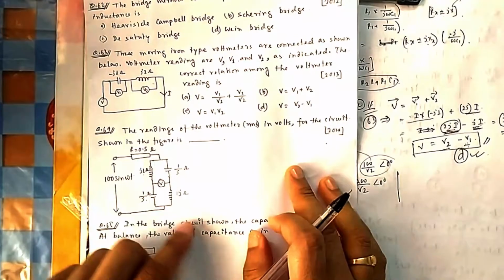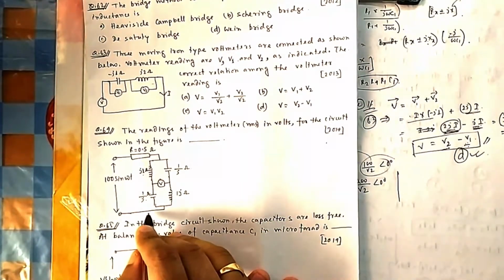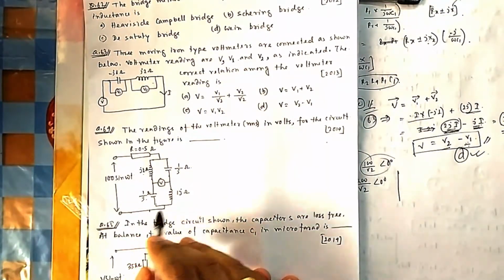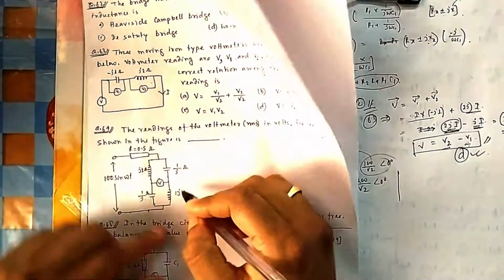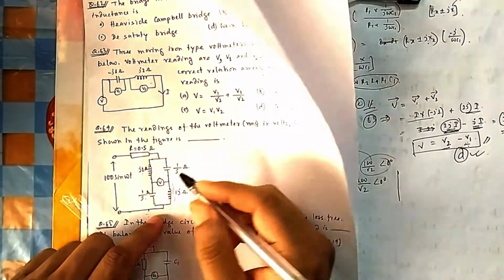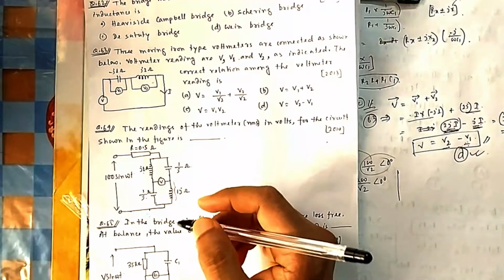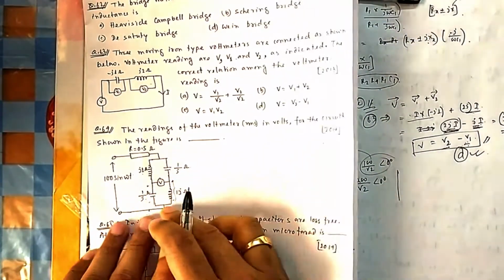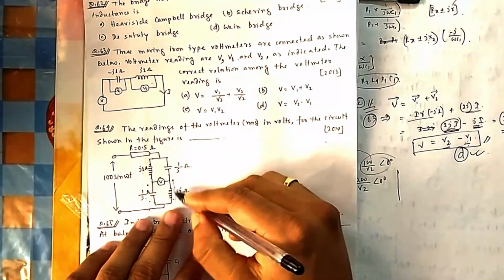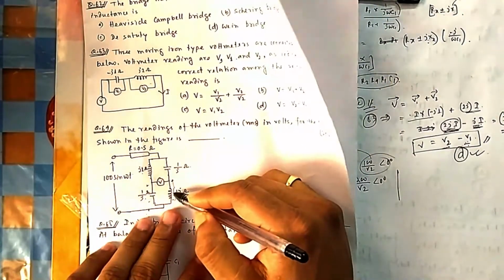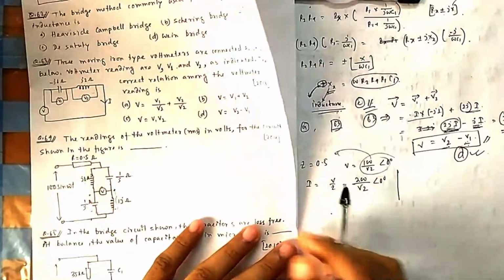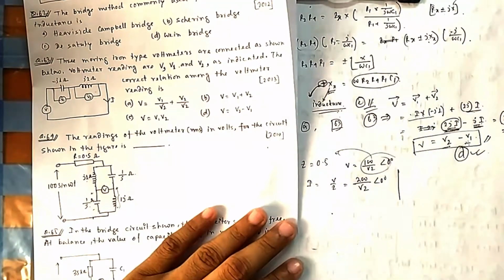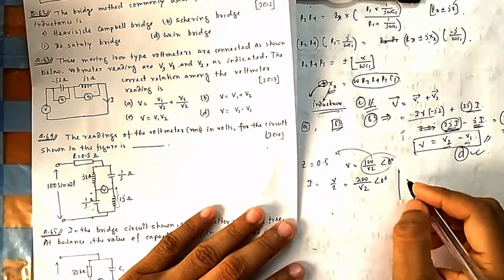So what will be your V? If I consider this as ground reference, you can consider any one. This voltage minus this voltage, across this minus voltage across this, will give you the answer. So what is the voltage? If I consider this is plus side, this is minus, this is plus, this is minus, this is ground, suppose. So this voltage minus this voltage. What is the drop? I by 2 multiplied by this minus I by 2 multiplied by this. You can consider the plus and minus sides in both ways, because they have not given, they are asking only in terms of magnitude. Plus minus they don't want.